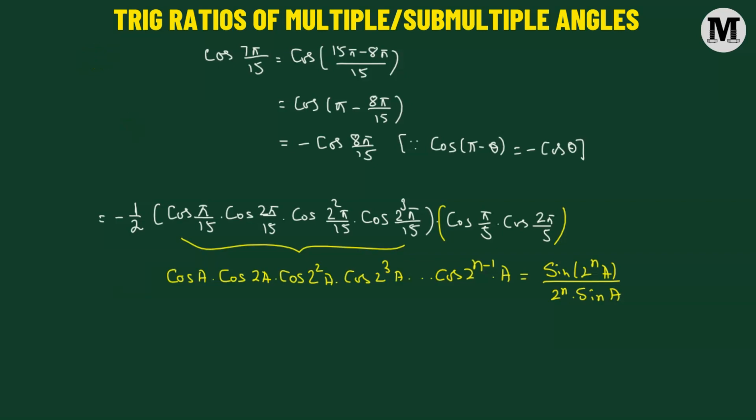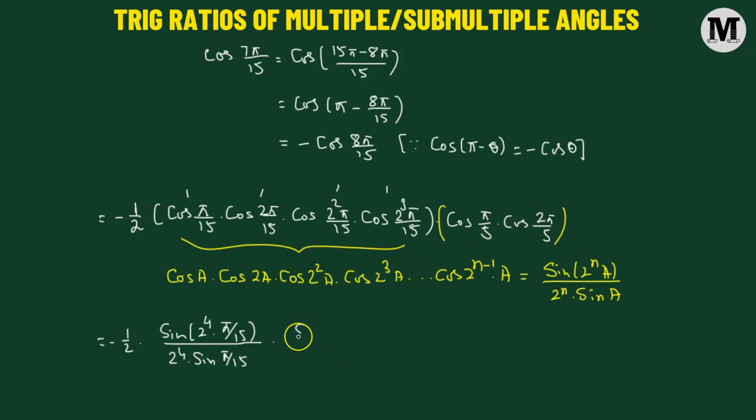So here we will have, so let's simplify this. Now we have negative half multiplied to, so here a is pi over 15. So we should get sine of 2 raised to the power of n. So n will be 1, 2, 3, 4. So in total there are 4 terms here. Over 2 raised to the power of 4 multiplied to a. So a will be pi over 15 whole divided by 2 raised to the power of 4 times sine of angle a. So a is pi over 15 multiplied to,